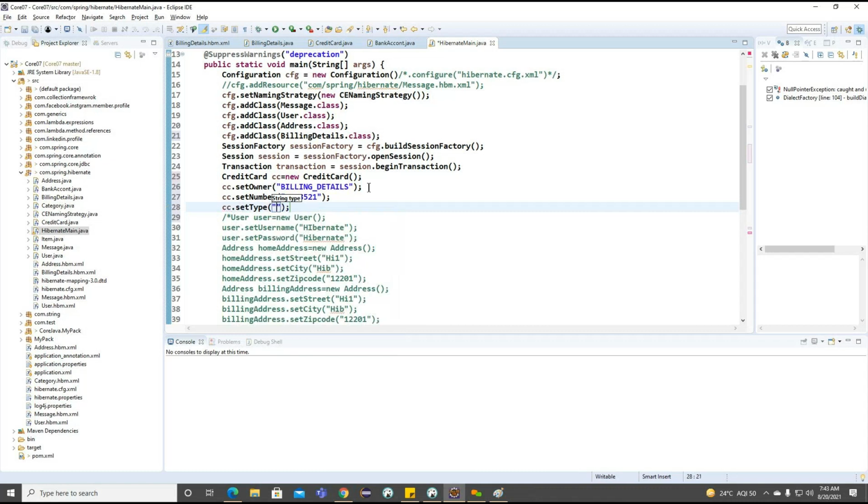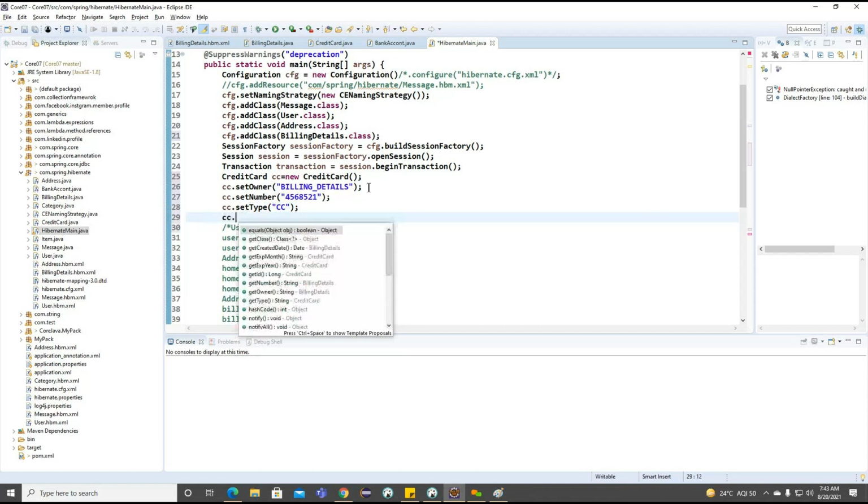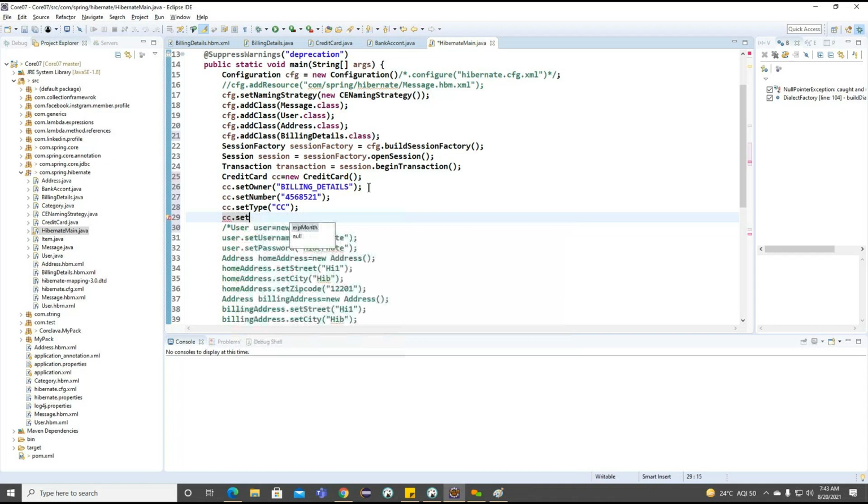So this is the credit card type here, something we are having, CC type. And expire month.